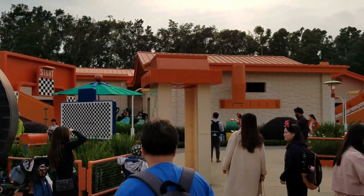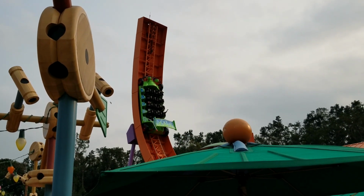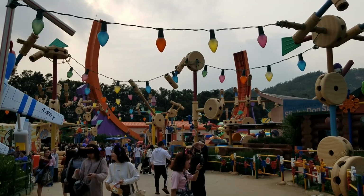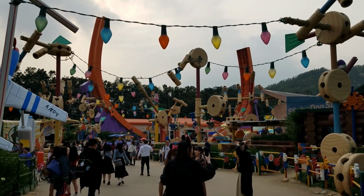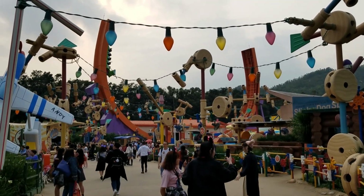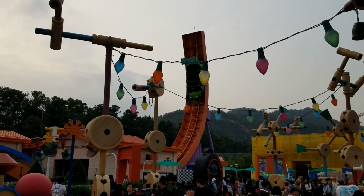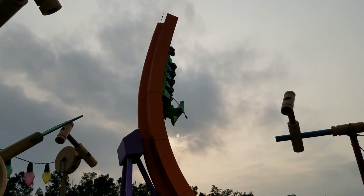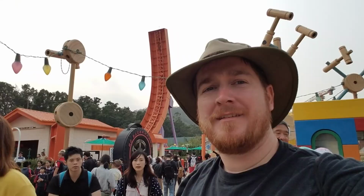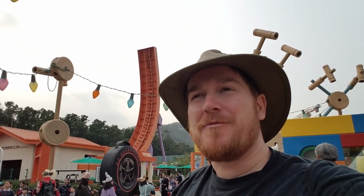There is a roller coaster here though, RC Racer. This Intamin coaster goes forward, then backward. Forward, backward, and repeats a couple of times until it stops. And that's it. RC Racer's okay. I mean, it's basically a glorified surf rider that doesn't have any spinning to it, so it's not the most thrilling thing in the world, but